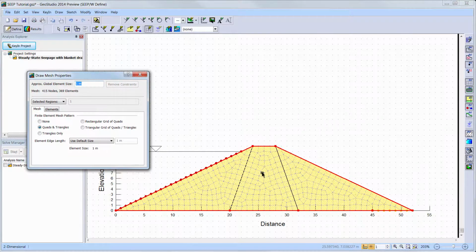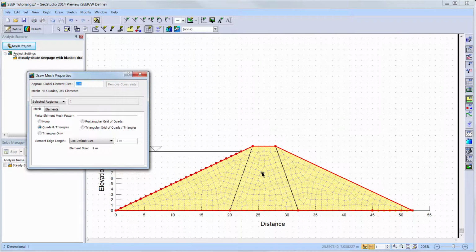This element size has been drawn by default and can be modified to alter the size of the elements at a global level for the entire mesh. Generally, it is recommended that the mesh is not altered too much, and only necessary alterations should be made at a few limited locations where finer or coarser discretization is needed.